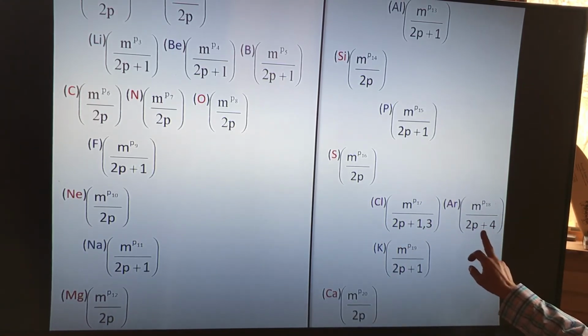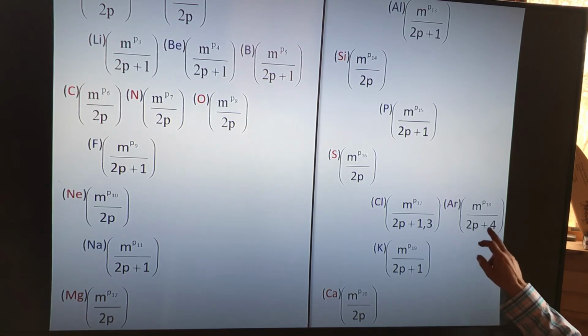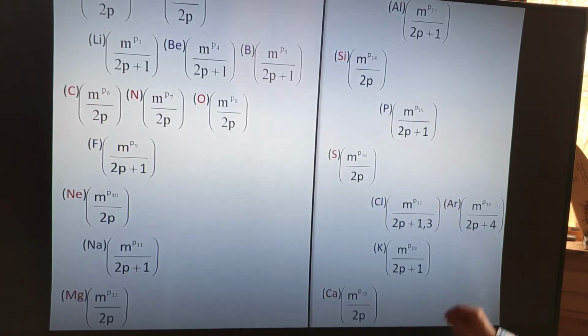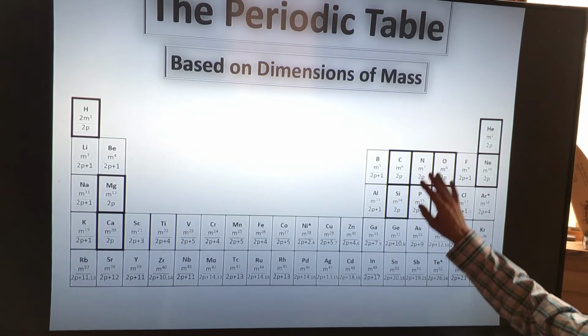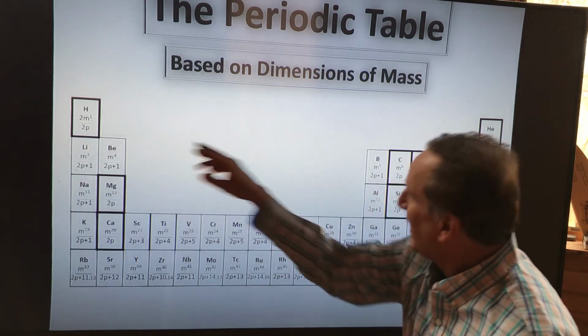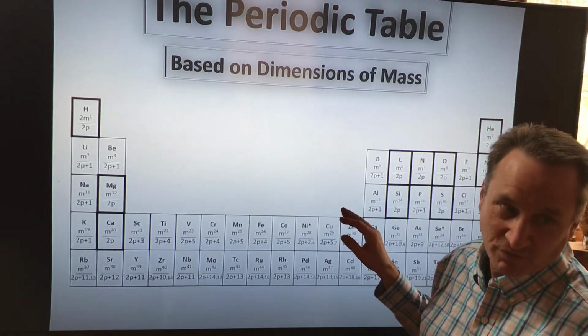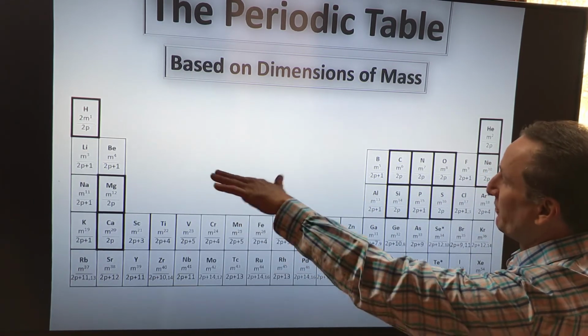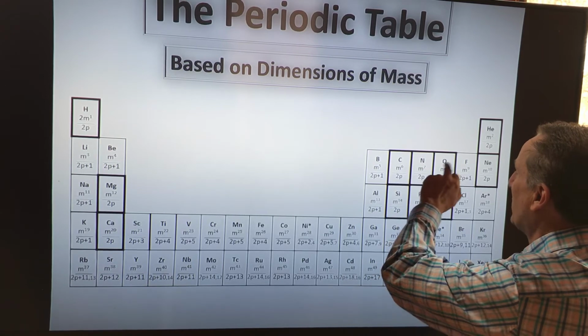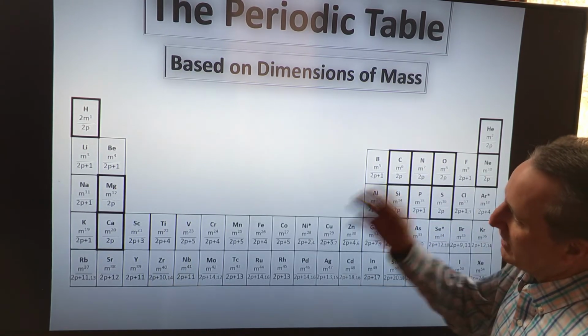This is one of the few anomalies in the periodic table where the mass is greater than the one that follows. So turns out, and then finally with calcium, it's the last one that is an actual dimension and follows the dimension form m to the p over 2p. All of these up to this point, the ones in black, were the dimensions of mass, m to the p over 2p. So it's hydrogen, helium, and then three deconstructions, and then carbon, nitrogen, oxygen, and then alternating deconstruction, dimensions